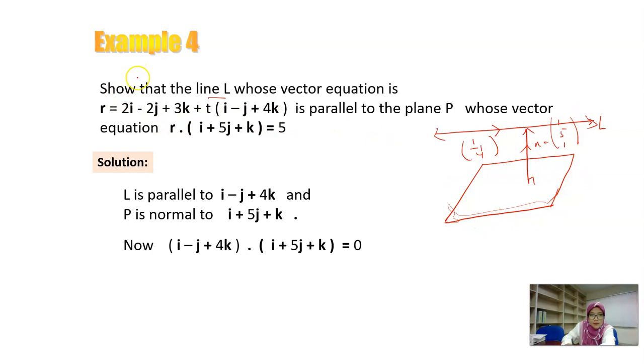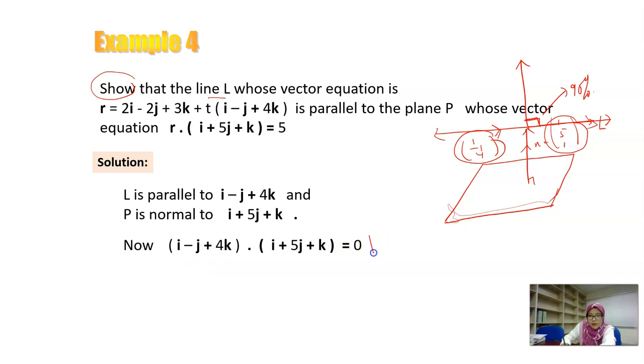This line is parallel to the plane. How do we show that they are parallel? We can consider the direction vector and the normal. If you continue this vector going up and this one to the right, this should be 90 degrees. If this is 90 degrees, it means the dot product of the direction vector of the line and the normal should be 0. Why 0? Because this is coming from